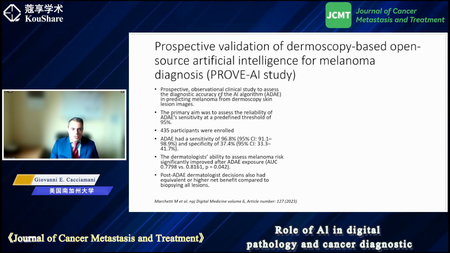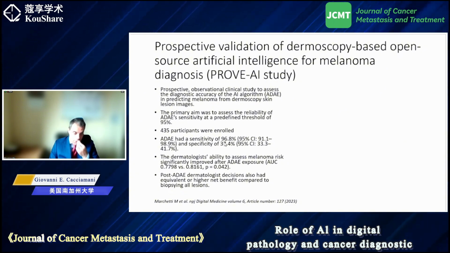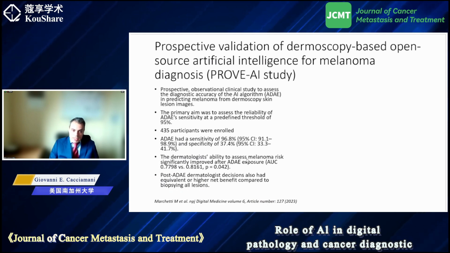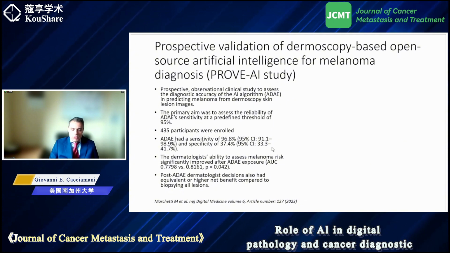This is a large study enrolling more than 400 patients, and the system based on digital image analysis showed a sensitivity of 97%, but a specificity of only 37% for melanoma, because it was still confounding different tumors. But in this regard, of course, humans could then place their own diagnosis, so that overall the ability of doctors was increased in a significant manner when digital images were added to the conventional routine. So once again, not substituting, but offering an additional tool to doctors.